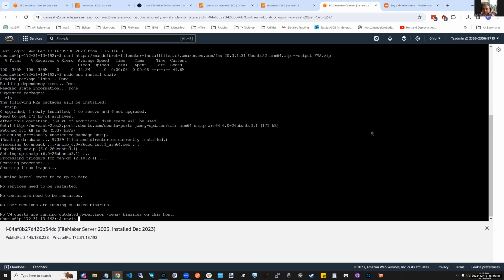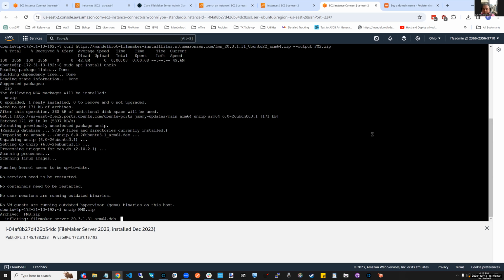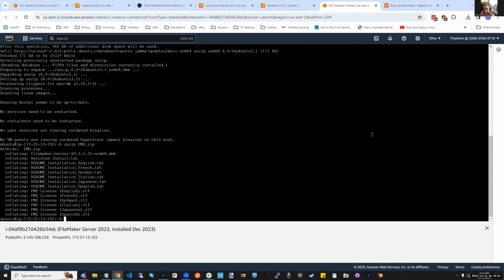Unzip FMS.zip. Then we do sudo apt install ./